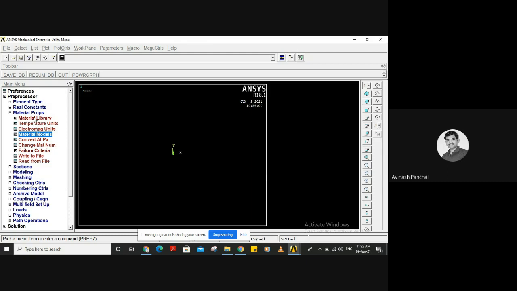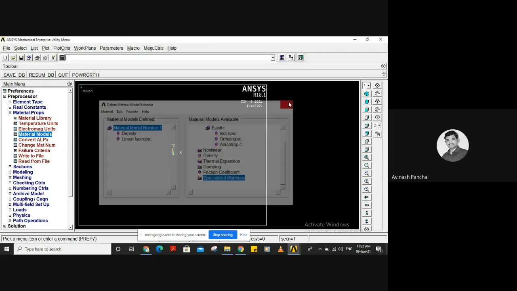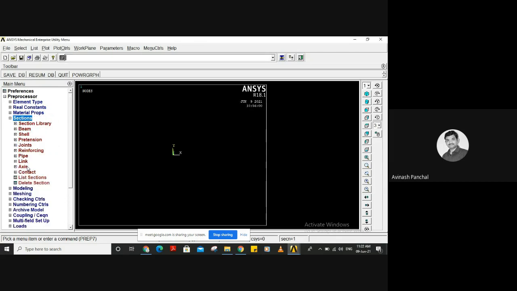So just remember that you should close that one, and only then will the other processes carry out. The window was hidden behind this window. I need to close this, and only then can I access the other options.